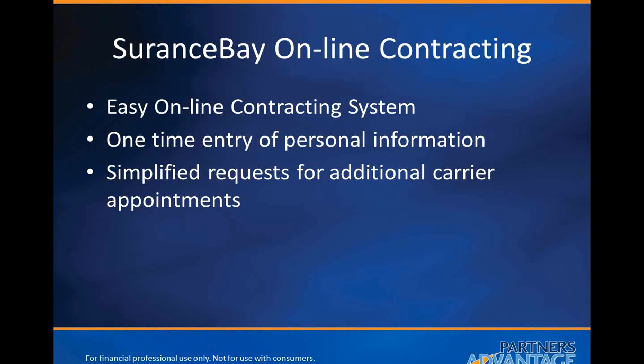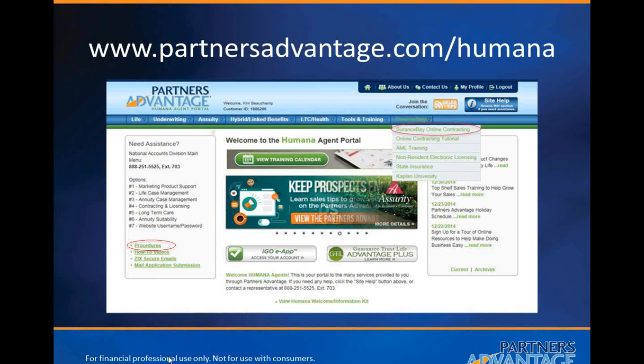Now let's get started with the step-by-step process. Again, if for any reason you can't follow along, please refer to the step-by-step written procedures found on the procedures link on the Partners Advantage Humana Agent Portal. I kind of circled it here so you can see that's where it's located. But you can access the SuranceBay online contracting system by logging into our portal,